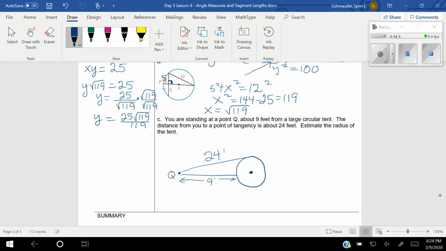Okay, well here's my center. If I draw my radius to this point of tangency, what do I know about that angle? Hey, I know it's a right angle because any radius to a tangent line, the point of tangency, is going to make a right angle. And so what am I trying to find here? The radius. Okay, so let me just finish that right triangle there. That's r, right? So does that picture make sense? I believe so. Okay, now we got a right triangle, so we could use the Pythagorean theorem, but I want